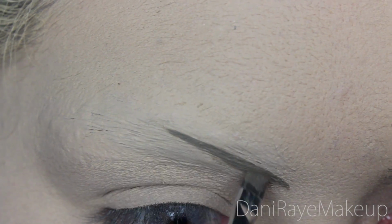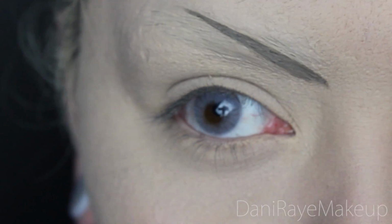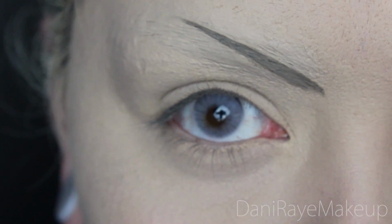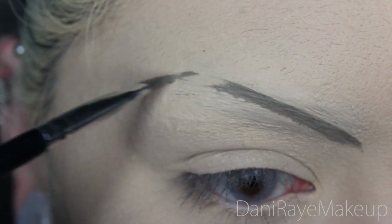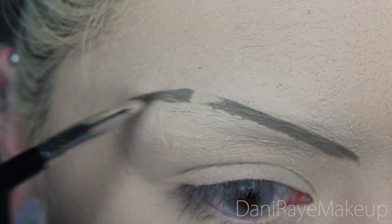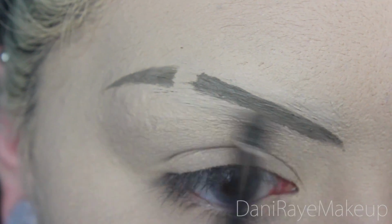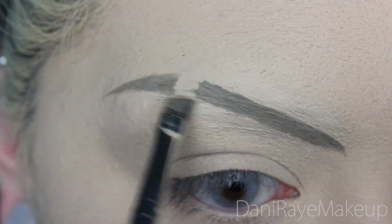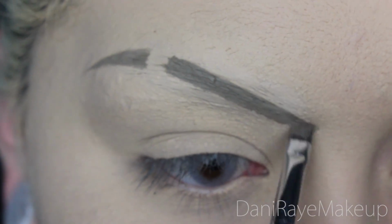Once you have your eyebrows covered, you do have to be a little careful with what and how you put a product on your eyebrow. If you only have one layer of glue on, it's not really a big deal, but if you're rocking 2 or 3 or more, you do need to be a little careful with how you're going to draw back on your eyebrows. In my earlier tutorials, I used to use eyeshadow and just be really careful and pat it on where I need it to go, but if you look closely, you can still see that I am wiping some of the glue off. Something better than eyeshadow, I definitely would recommend, is a liquid eyeliner or